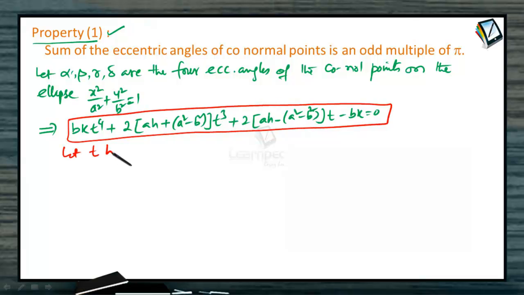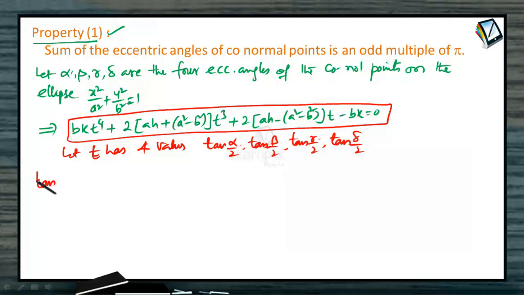Let t have four values. It is tan of alpha by 2, tan of beta by 2, tan of gamma by 2 and tan of delta by 2. These are the four values of t. So therefore, from the compound angle formula, what we have is tan of (alpha by 2 plus beta by 2 plus gamma by 2 plus delta by 2) is equal to